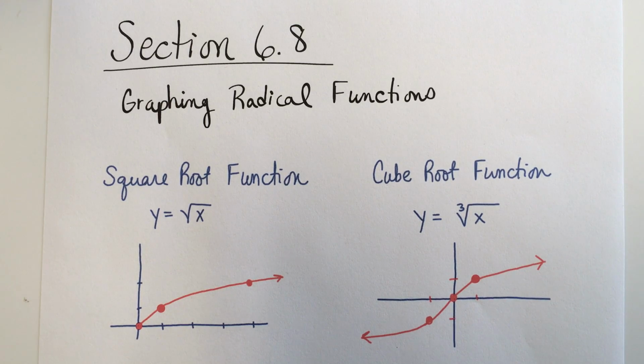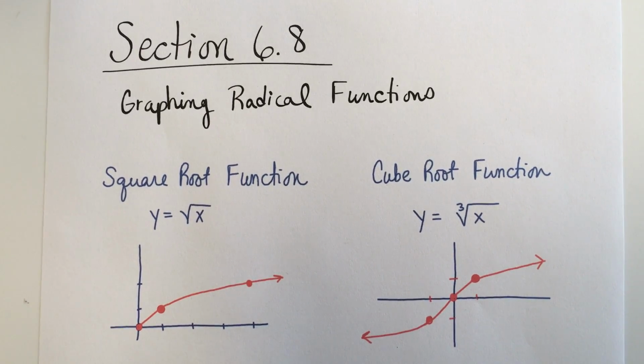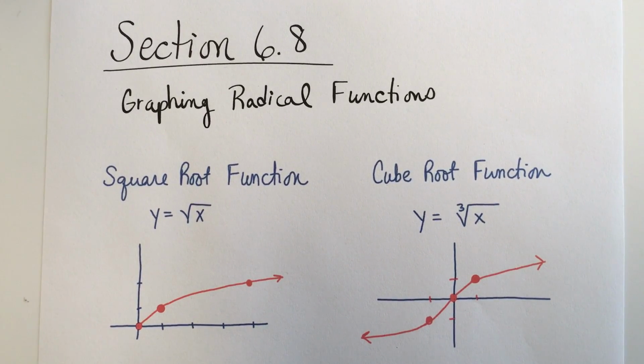In this section, we're going to look at graphing these two radical functions, the square root function and the cube root function. And this is going to be using the transformation rules, which is actually the same set of rules that we had used earlier with some other functions. So you need to, of course, copy these two functions down. And on each one of these, I have marked 3 points. And we're going to use these 3 points to do the transformations on